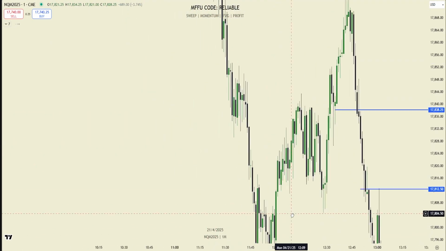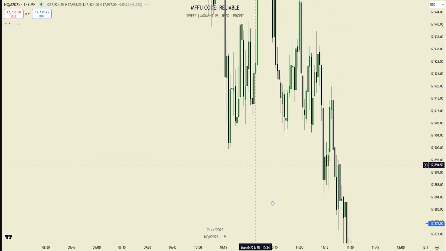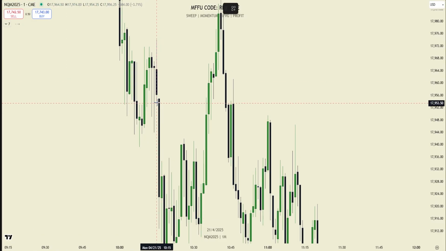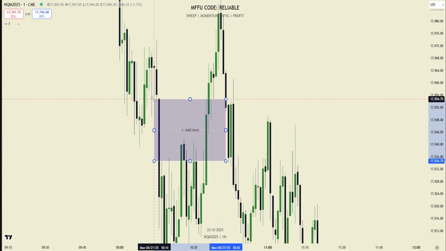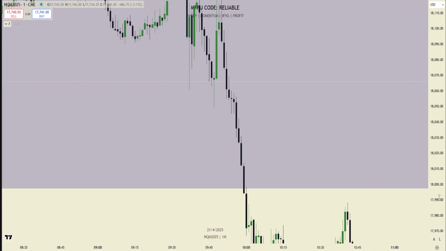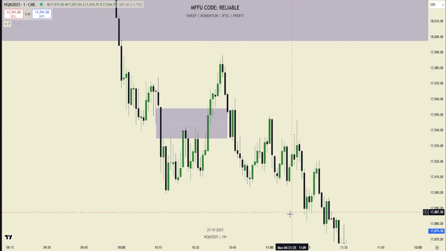Honestly, I thought the long I called was all right too. But yeah, that wasn't the trade of the day. Obviously the 1 minute short was. I didn't love shorting at low of day there. So honestly, I missed the initial entry, but once I saw the momentum in the macro, I just chased, and I caught a few points from that.